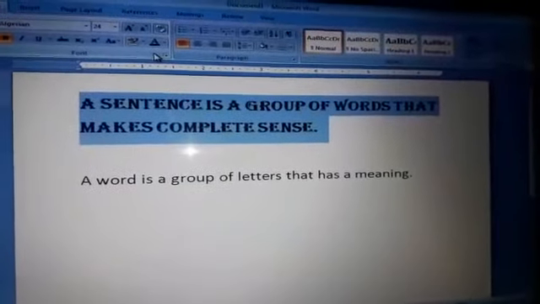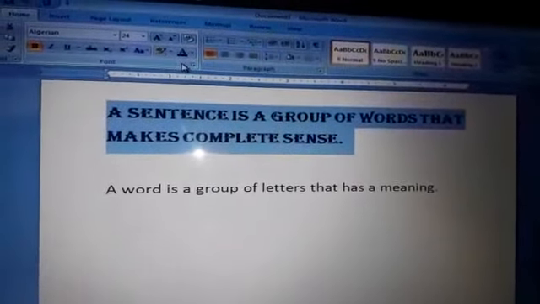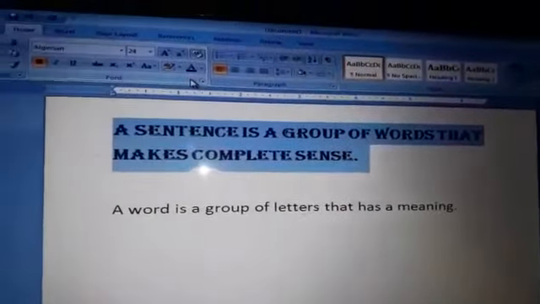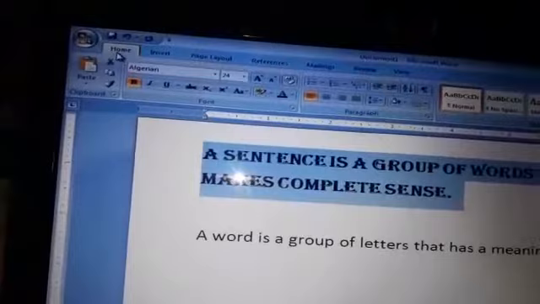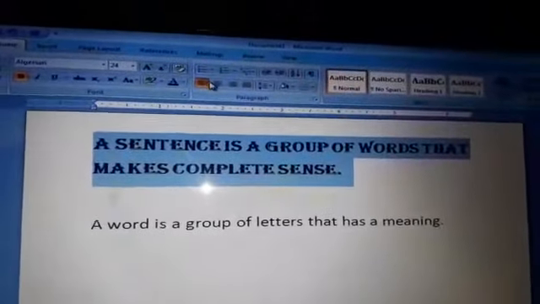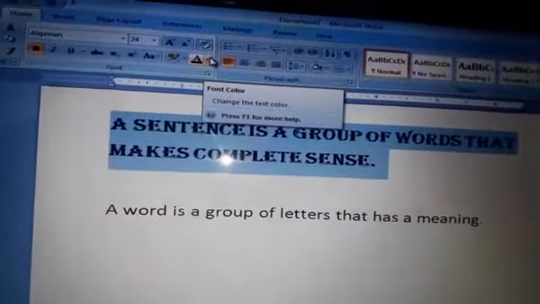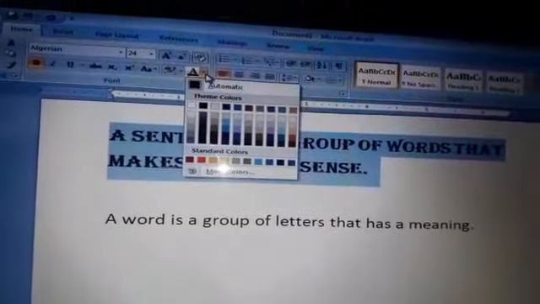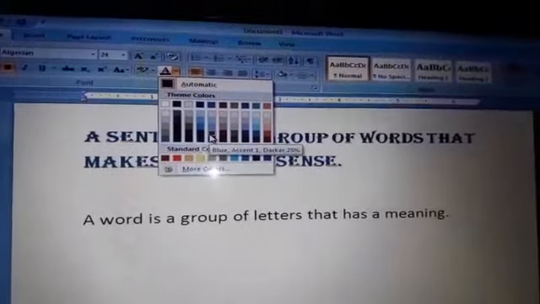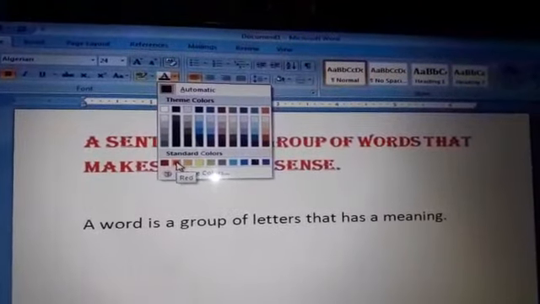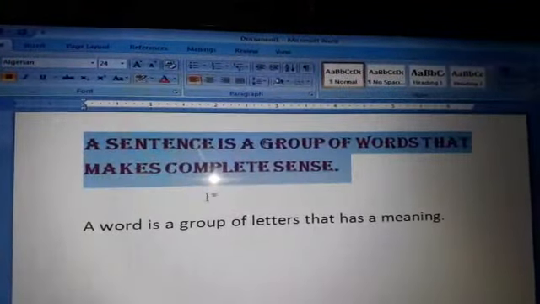Now we will change the color of our text. For this we will first select it. It is already selected. Now we will click on home tab. It is already clicked. Now click on drop down arrow next to the text color. Click it. A color palette appears. Now you can select any one of the color. For example, I select red. Now the text become